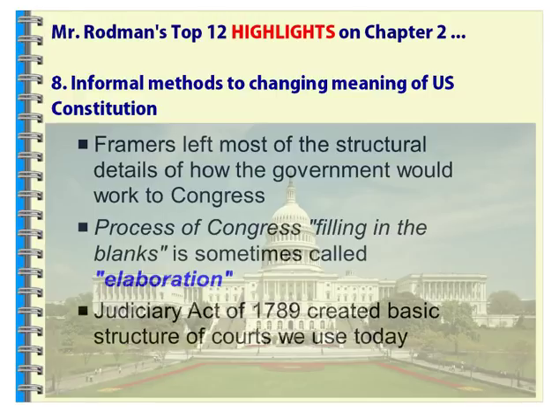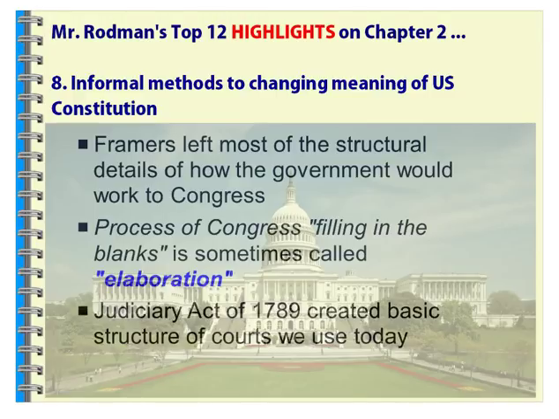Now, some informal methods in terms of how you can change the meaning of the Constitution was really left to Congress to kind of fill in these gaps. And because they knew that they weren't going to be able to solve all ills, they knew that if this Constitution was going to be able to stand the test of time, they were going to have to figure out ways that Congress could step in and could modify and amend and change this. And so they really left that in the hands of Congress, in the hands of the individuals that would be elected leaders, either by state legislatures in the Senate or by elected of the people in the House of Representatives, and left that work for them.